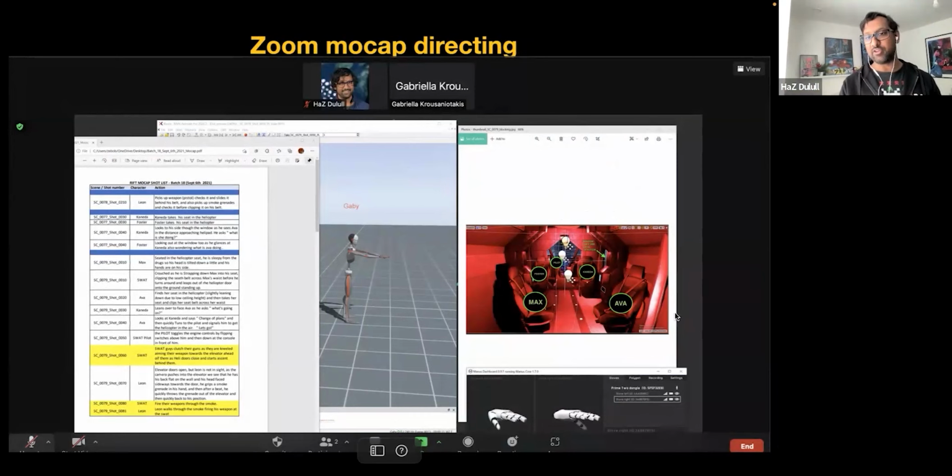And then I take a screen grab of the Unreal Engine level, and I'll kind of lay out where each of the characters is sitting down. And then Gabriella would take her room, and she'll try to lay out the room similar to my floor plan in Unreal, as close as she can, and get certain props that would resemble it. And then we'll just rattle through, and the Zoom screen will look exactly like this. One side, you'll have the shot list, the other side, the floor plan. In the middle, I can see the live view of the Xsens preview of her in her room and do the mocap.